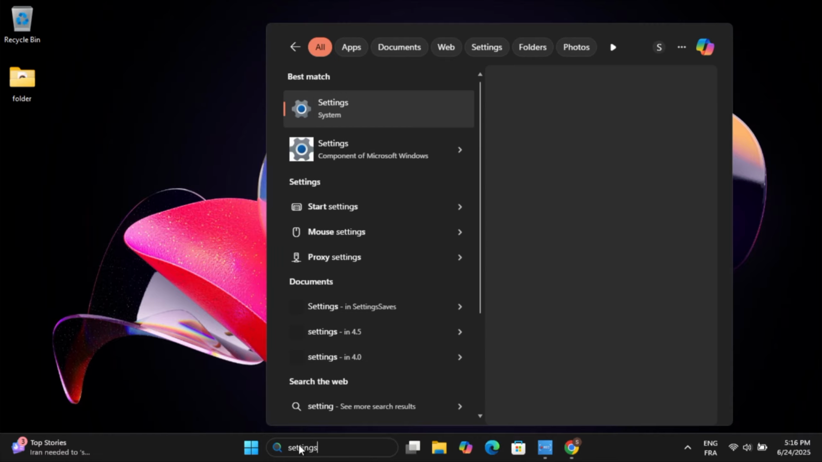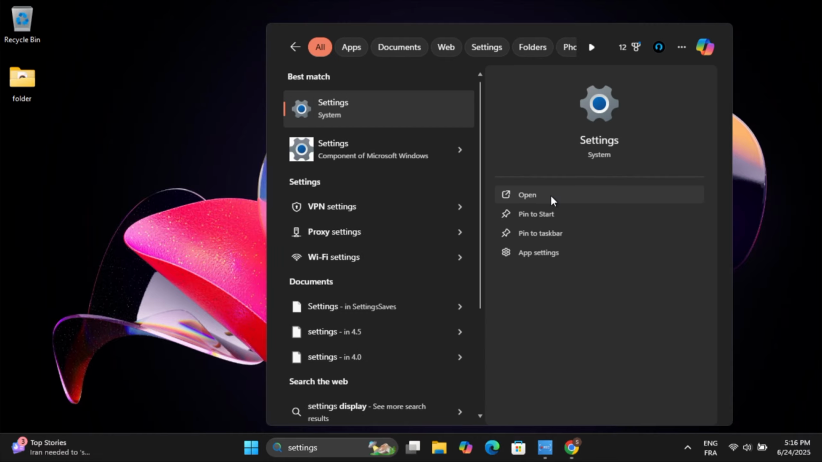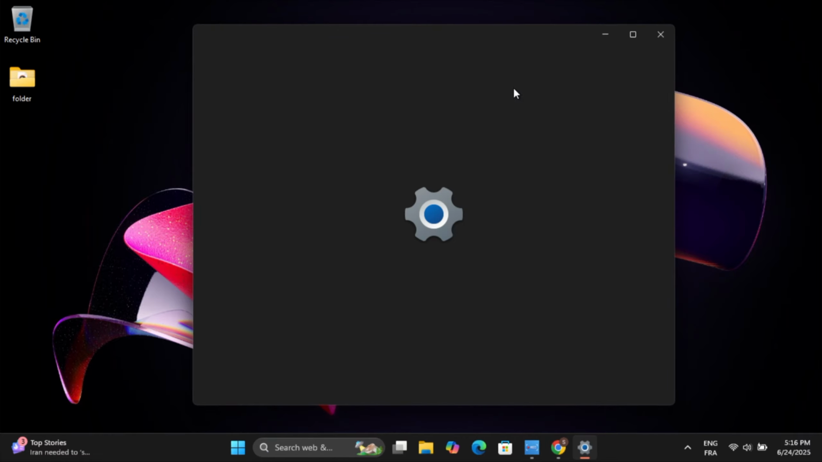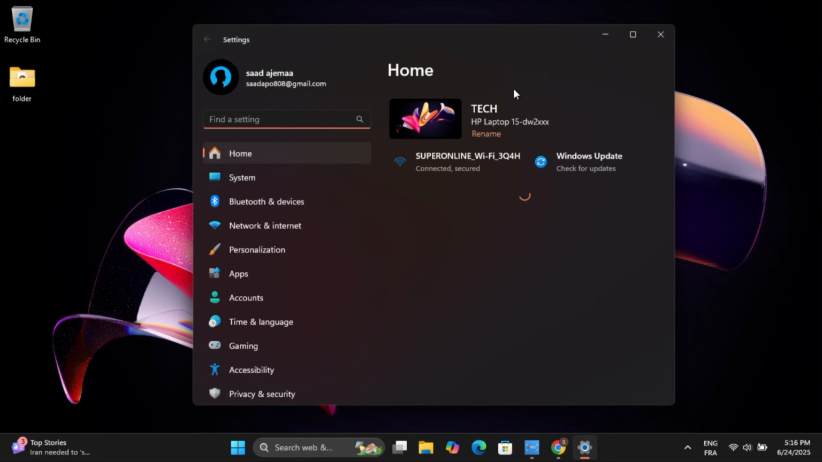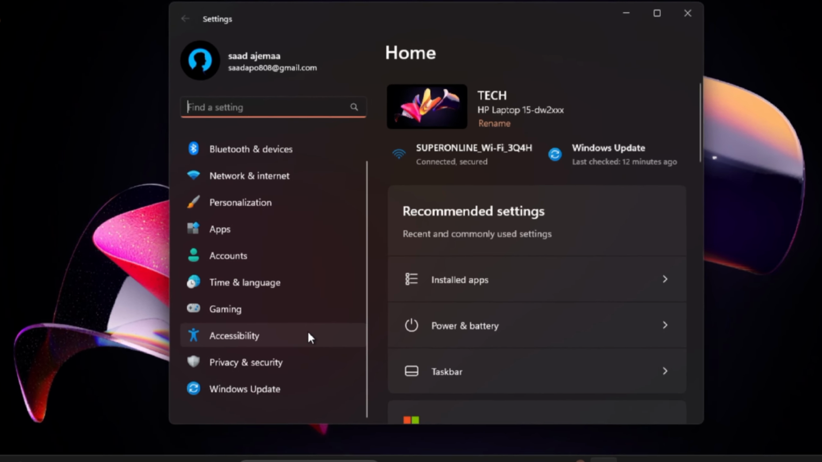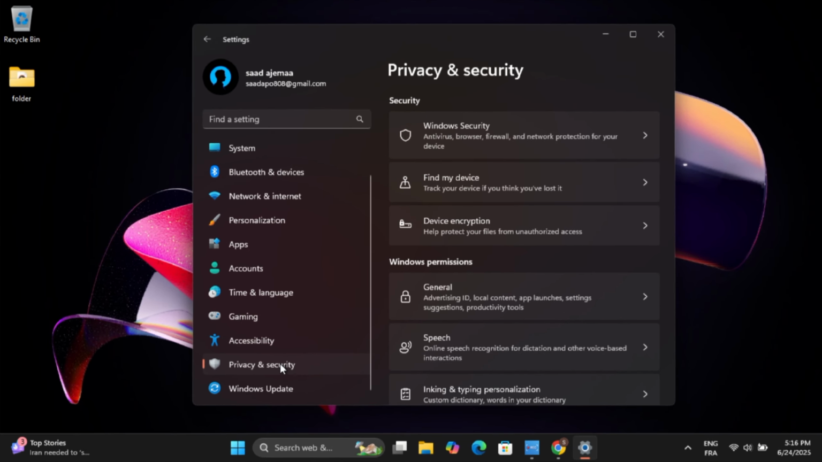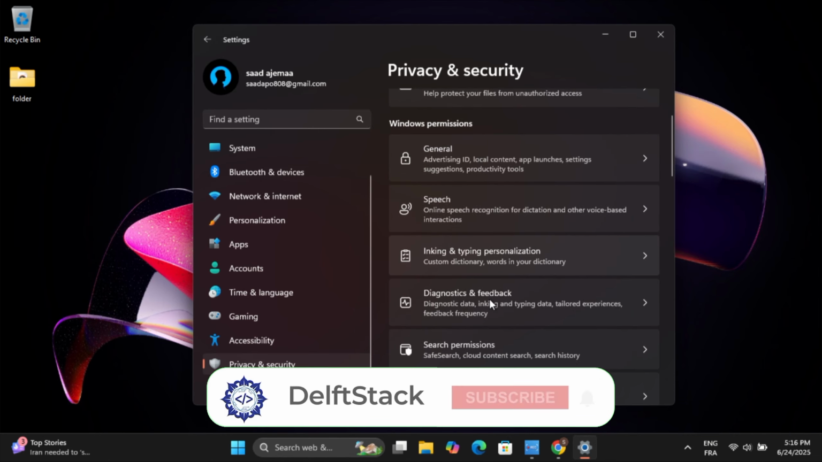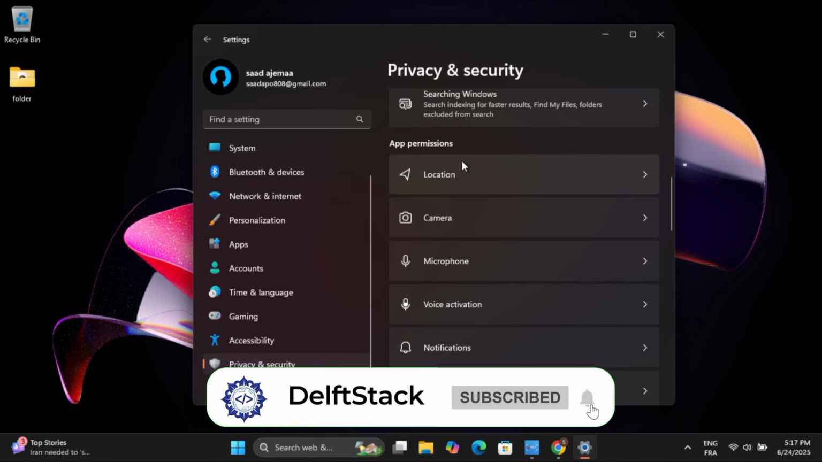The first thing we need to do is to go to the search menu and type in settings. Now the first result, just go ahead and click on open. And now that you have done that, just go to the left side. Click on Privacy and Security, and from here, just scroll down until you find Location under App Permissions, and from